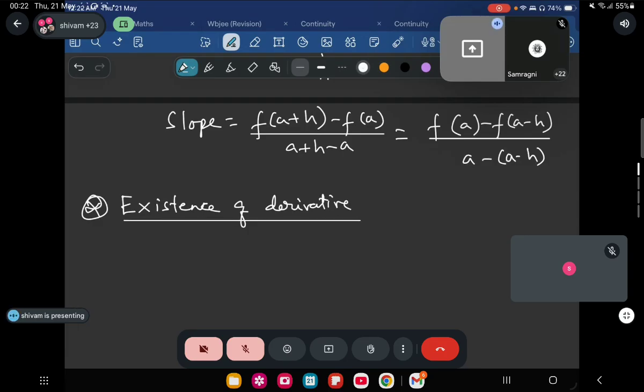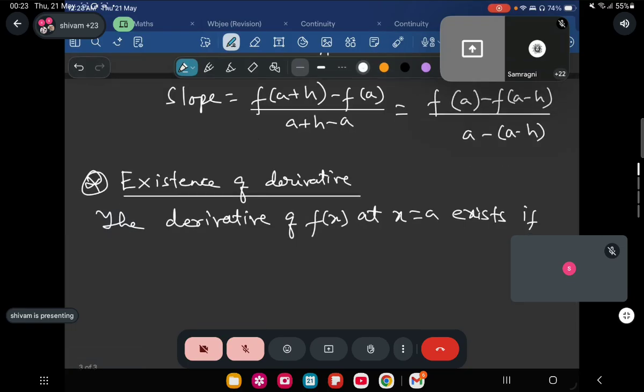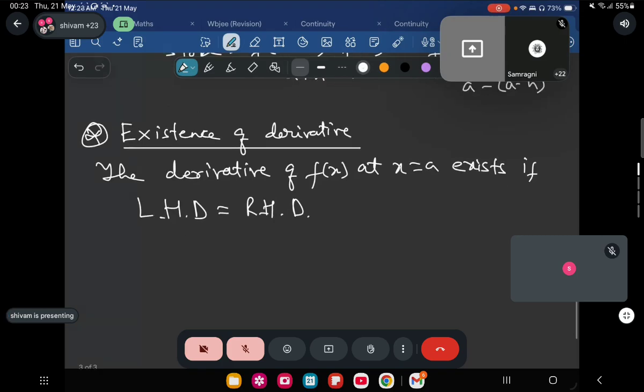The derivative of f of x at x equal to a exists if the left hand derivative is equal to the right hand derivative. Okay. By definition,